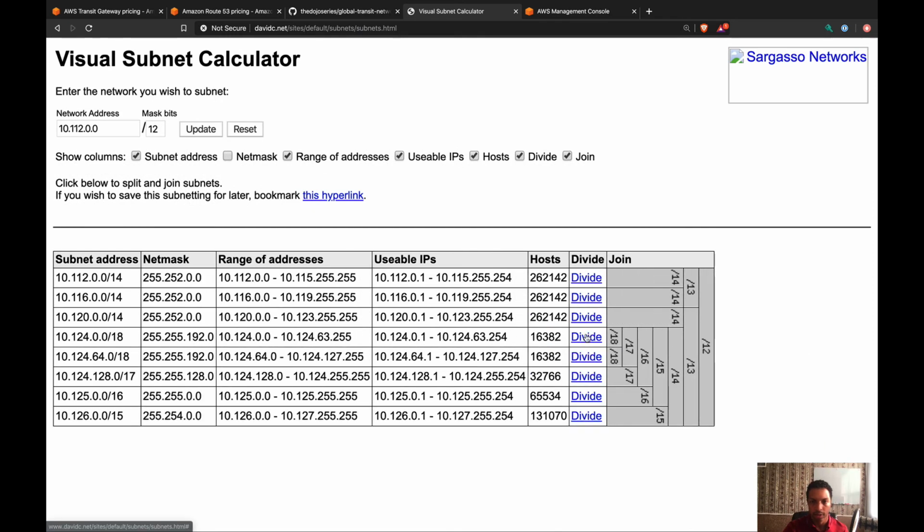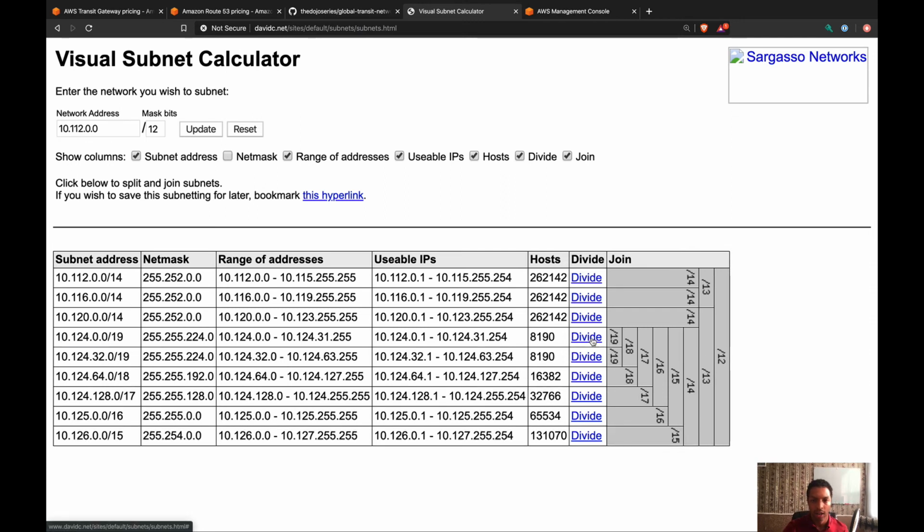Go back to our 16,000 IP addresses. This is the VPC address, and we need 8,190 for the first subnet. This is going to be the address for the first subnet, but for the second subnet, we actually need 4,000 IP addresses, not 8,000. And if you're wondering why we would have 2 different ranges for subnets in the same VPC, imagine